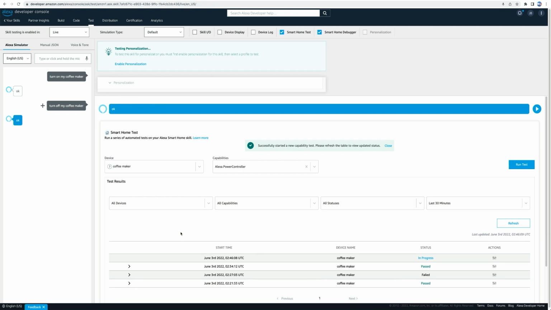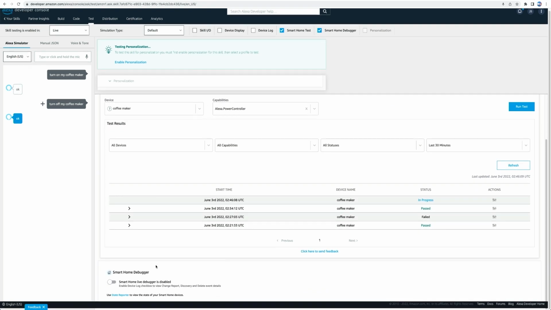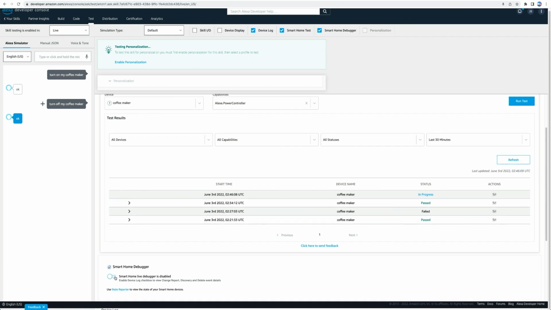Also under the Test tab, you can access the Smart Home Live Debugger. This tool helps you debug events that Alexa receives from your skill. To shift from device functionality to the live debugger, we'll just select Device Log and Smart Home Debugger. Make sure that the Smart Home Live Debugger is enabled. There are specific events you can use this tool to debug for: change report, auto update report, and delete report events. Also, if you support cameras, the Live Debugger can also help you debug your WebRTC skill, focusing on